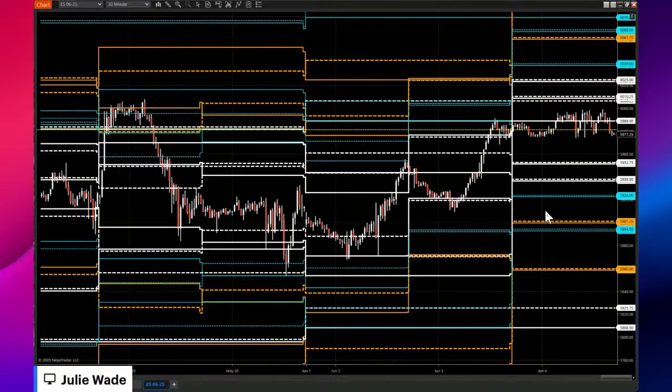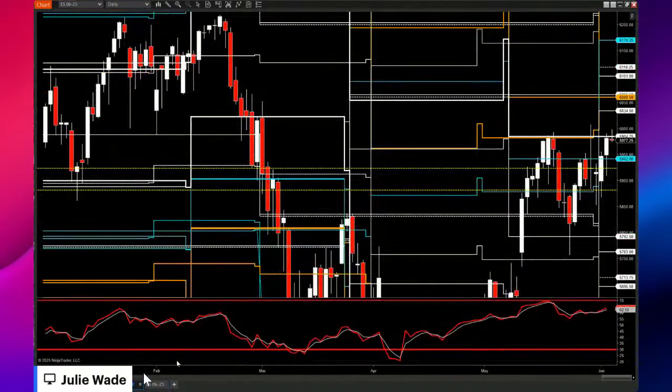So we couldn't even get up to the upper 6,000, and a lot of that again is due to these higher time frames located where they are. I also have a monthly chart that